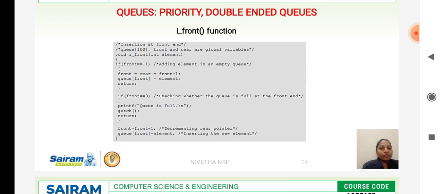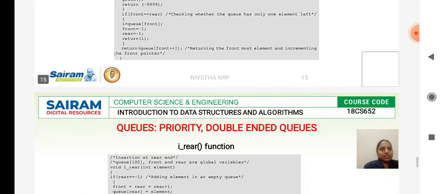Similarly, if your front is equal to 0, it specifies your queue is full, and you will get an error message that your queue is full. So when you start inserting an element, you will be moving your front end until the end of the queue.